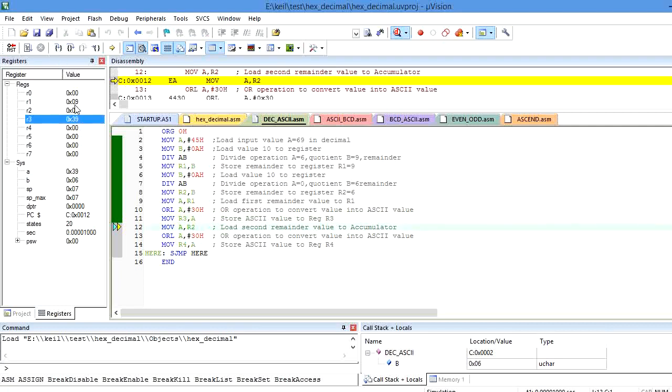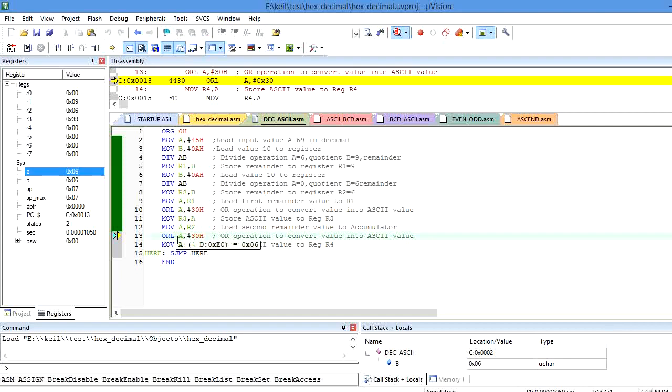And similarly, I need to convert the second digit of the decimal value into ASCII value. Again, I will copy the second digit from R2 to the accumulator by using the instruction move A, R2. This is the decimal value 6. I need to convert it into ASCII, which means I need to perform logical OR of the content of the accumulator with 30H.